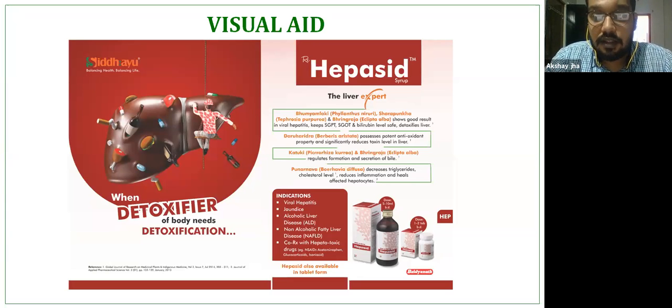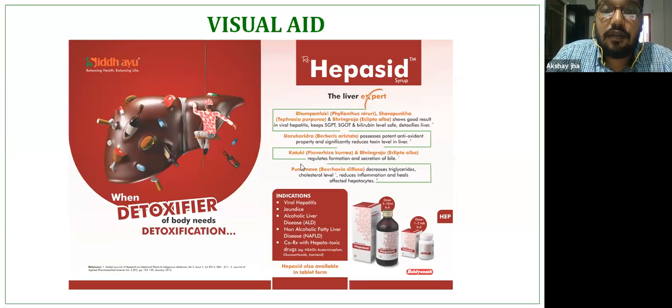Now I'll just summarize the components a visual aid should have. A creative angle to the product, which we have represented in the form of an image. A really good tagline which explains what your product is. Make sure that your brand name is large enough, visible enough and highlighted enough. Make sure you include only 3 to 4 unique points about your product that a medical rep can easily convey. A visual aid should always have an indication, a pack shot, and the dosage. So these are the basic components of a visual aid, right? That's the first kind of literature.